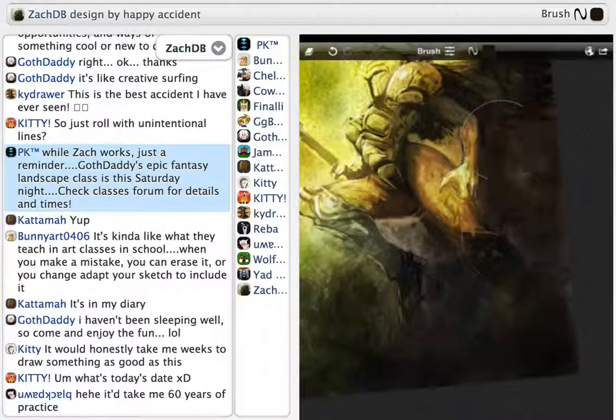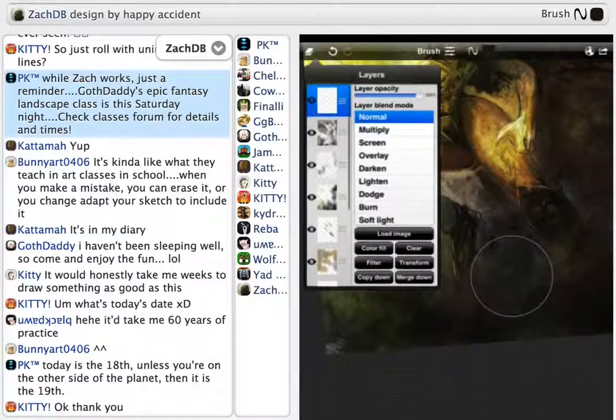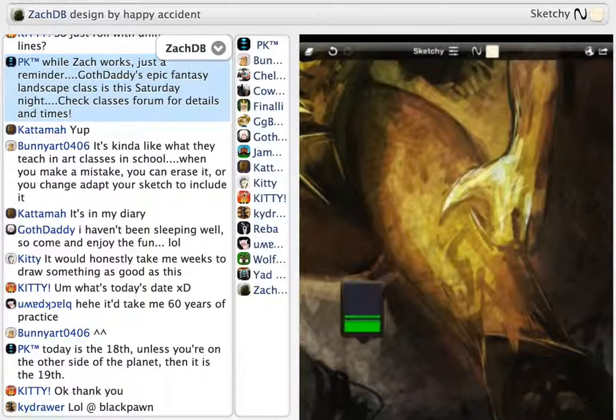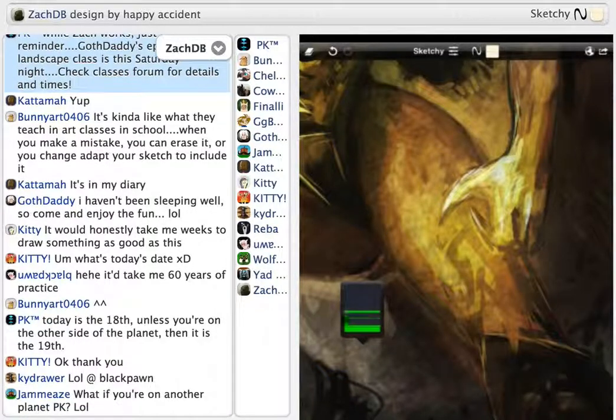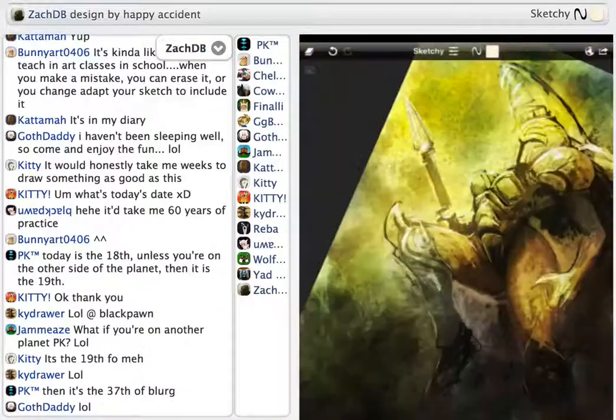I'm gonna add the final highlights and final little details, and then I'm gonna call this piece done. And I hope you guys learned something about happy accidents, more so how to think about them, and maybe if you were here to see a few of the ones I made, how you can use them to your advantage.